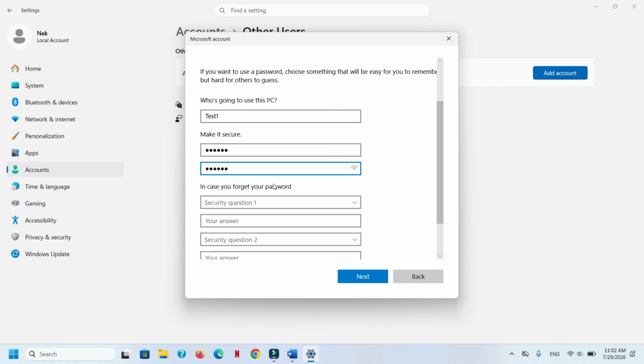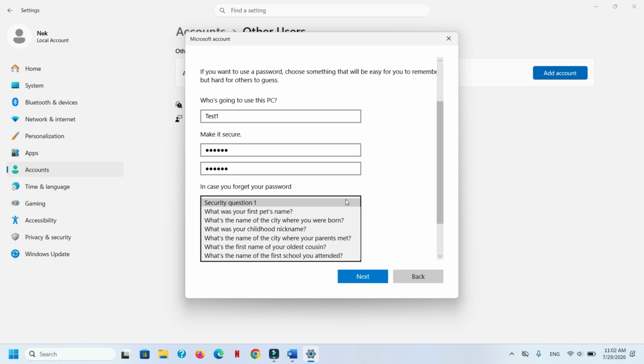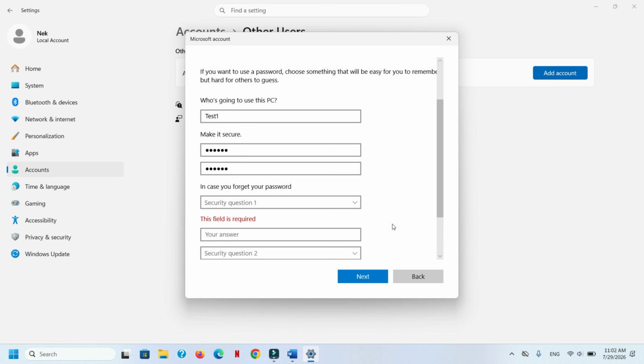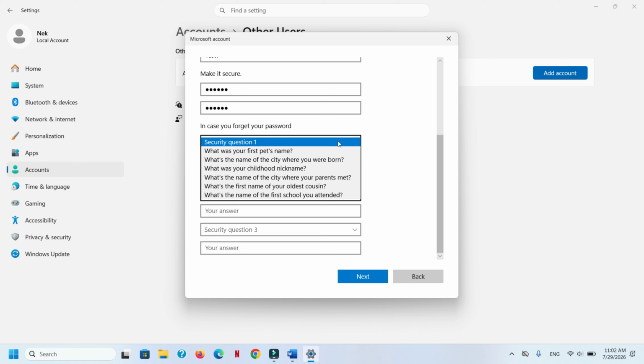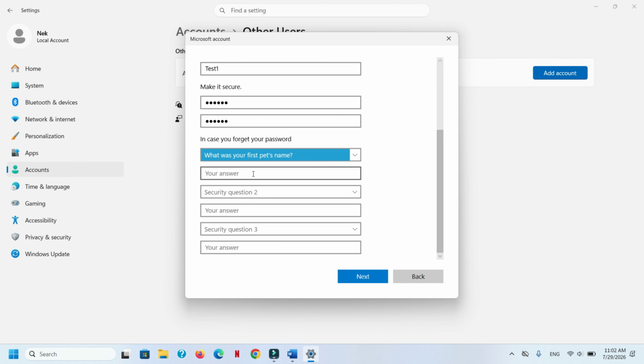In case you forget your password, there are some security questions. What was your first pet's name? What's the name of the city where you were born? Etc. This field is required, so let's press here and type, for example, your answer, test. Then press next.